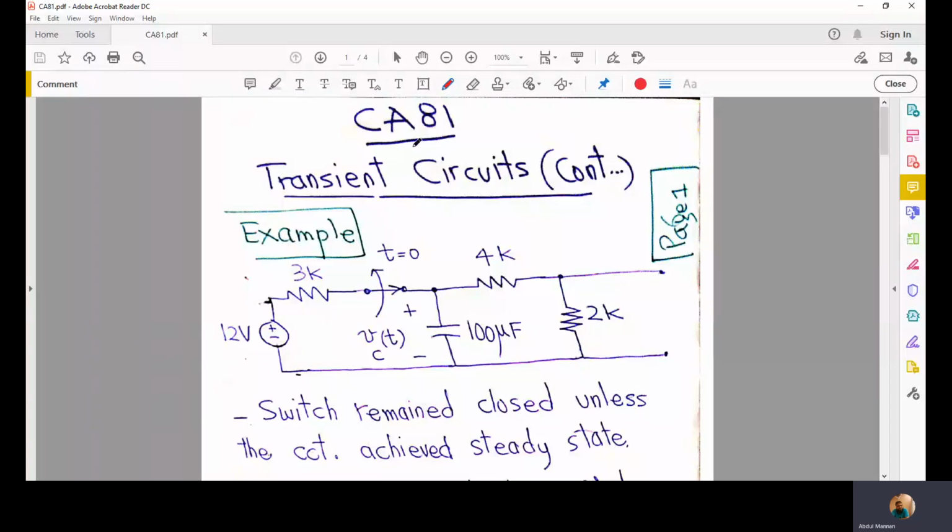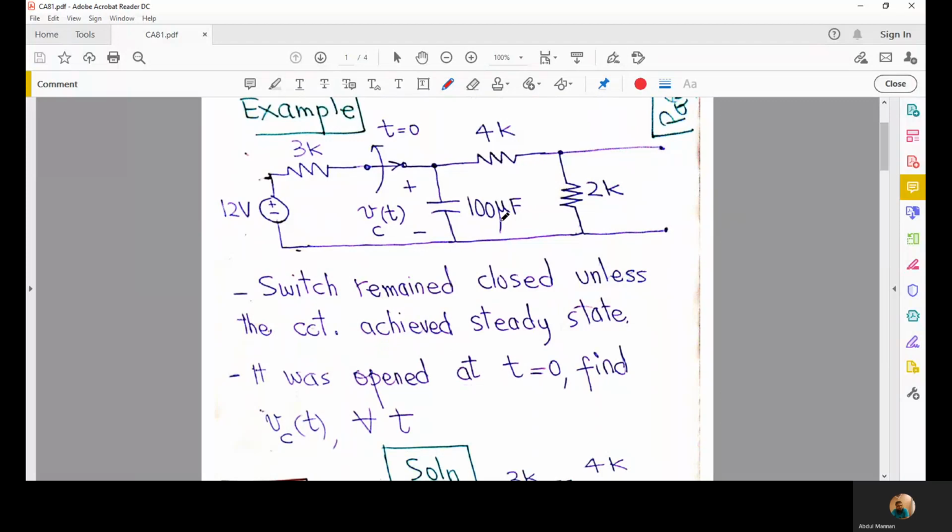Welcome to the 81st lecture. We are studying transient analysis of circuits, and in the last few lectures we have been studying the transient and steady state behavior of capacitors and inductors. In this lecture we will apply that knowledge and solve an example containing a 3K resistor in series